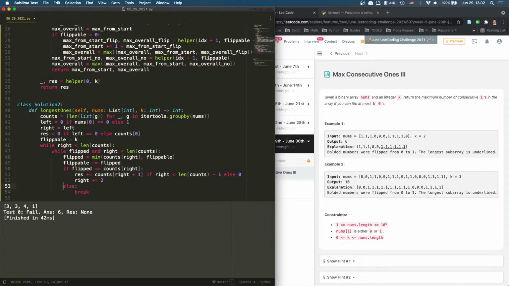There's no break here, so we just say res plus equal to flipped. We can always add flipped. We're going to add the next one, and we'll add a flip, and go to the next one, going back up. If there's still flip, now we keep doing. If there's no more flip, that flip becomes 0, then we will get out. So when we get out, either we reach the end, or